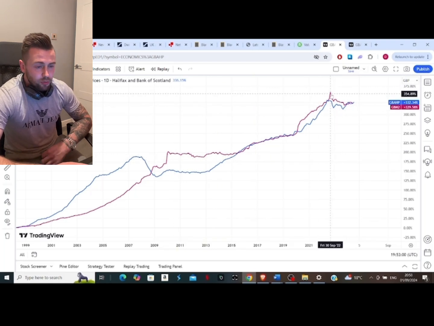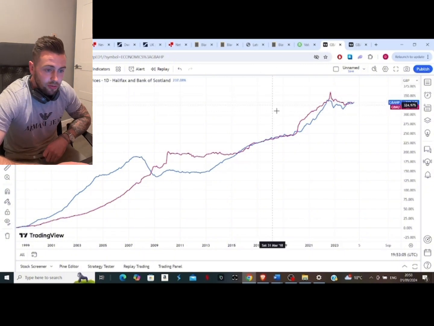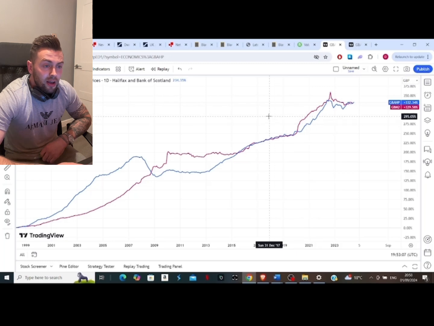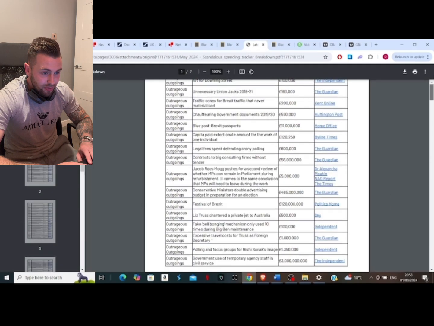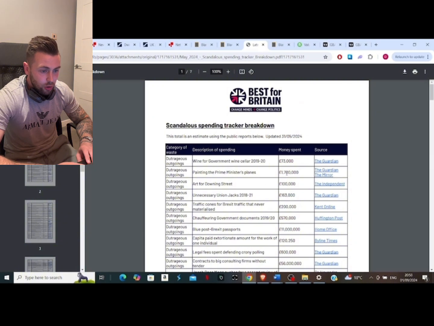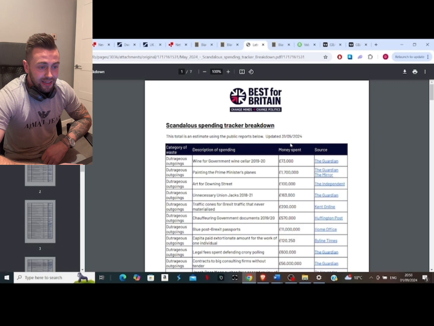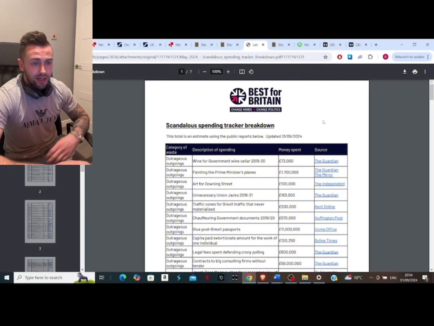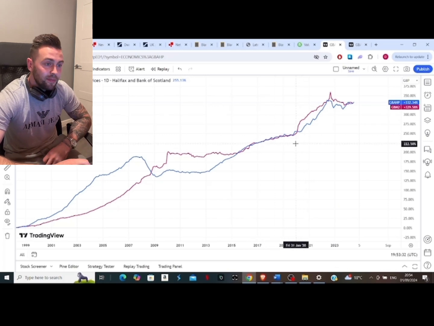So whilst your life's more difficult, buying a new house is more difficult for you, these guys get their planes painted, new art, shelving documents. It's ridiculous. But this is the reason why house prices have gone up. It's nothing to do with greedy landlords, all this that you hear in the news. This is why the money supply increased. This is 99% of the reason why.